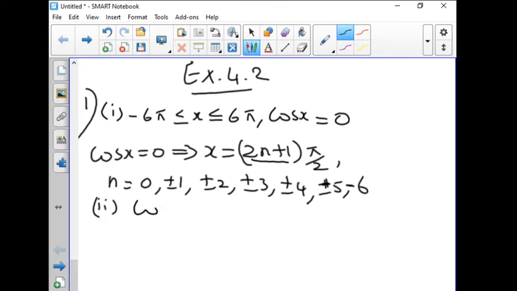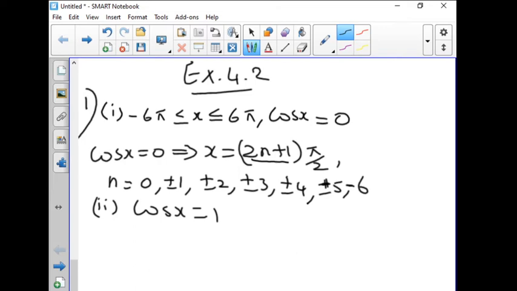What about the second one? Cos x is equal to 1. See here, in the first subdivision, substitute the values. When n equal to 0, you get pi by 2. Cos pi by 2 is 0. When n is equal to 1, you get 3 pi by 2, cos 3 pi by 2 is 1. Then what about minus 1? If you substitute minus 1, cos minus pi by 2 is 0. Similarly, you can check by substituting all the values.